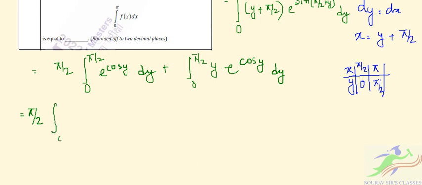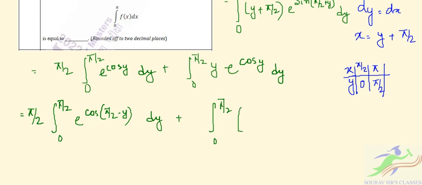Here we can write this 0 to pi by 2 of cos of pi by 2 minus y dy, okay, if we do this plus 0 to pi by 2, here is y, so if we put it in this manner, this y is pi by 2 minus y, e to the power cos of pi by 2 minus y dy. Okay,